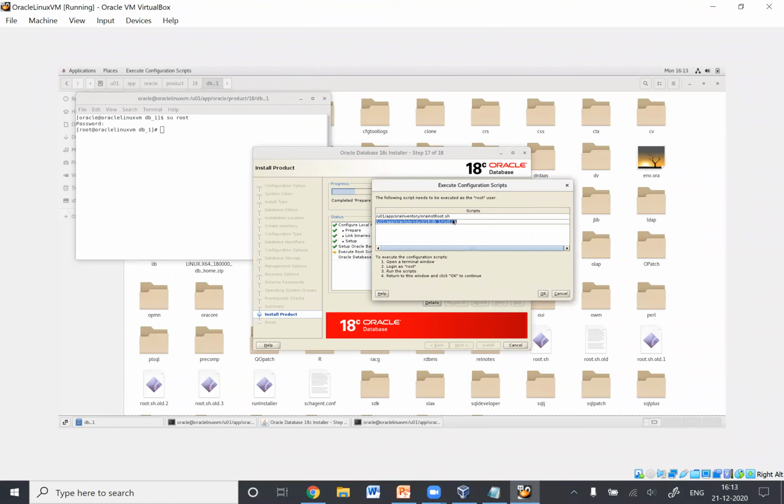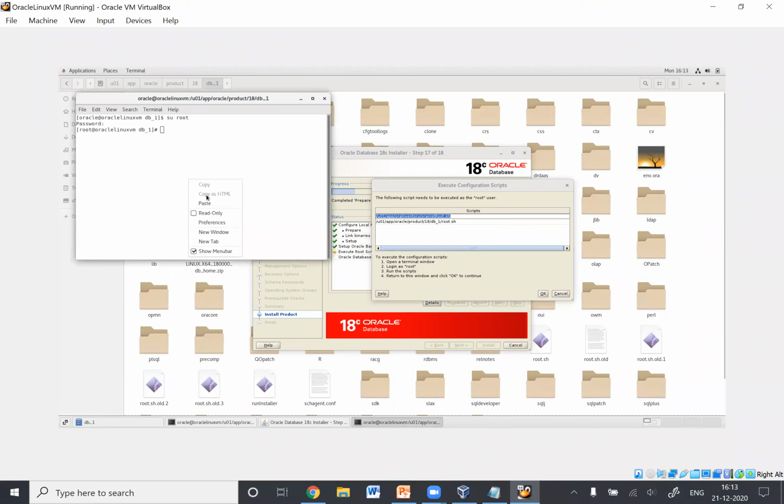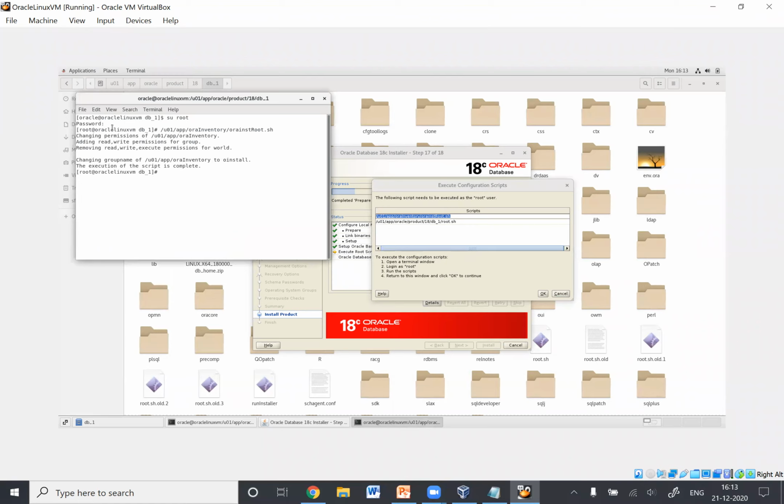Now we'll copy this first one, Ctrl+C, and right click and paste over here, press enter. So what this has done is it has provided read write permission for oinstall group to this directory or inventory, and it has removed read write execute permission for world.